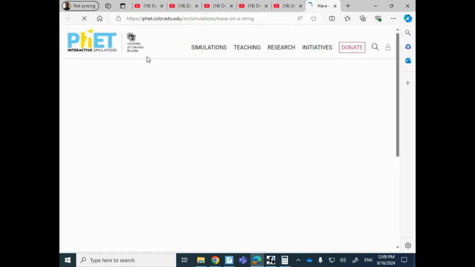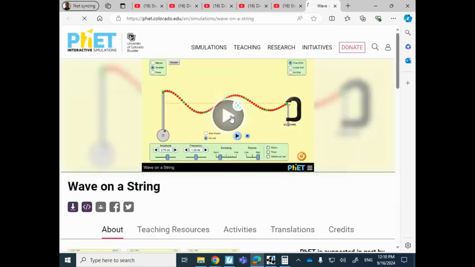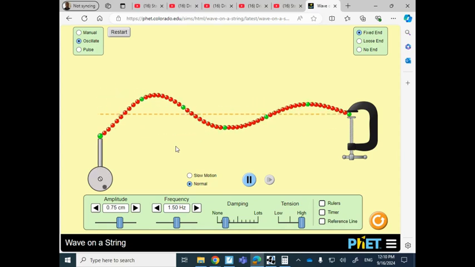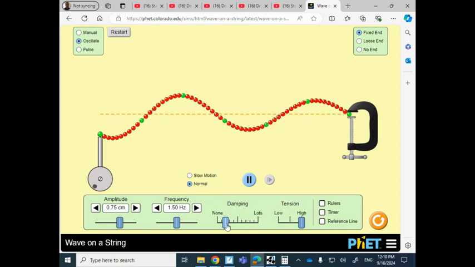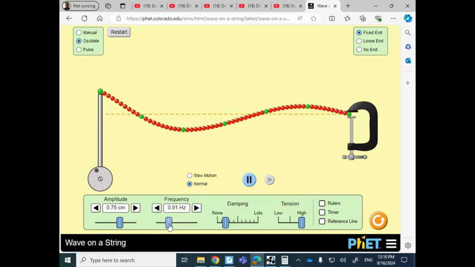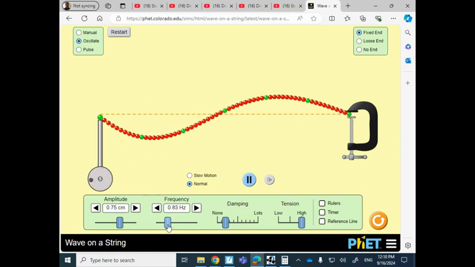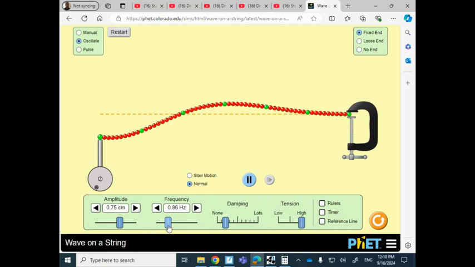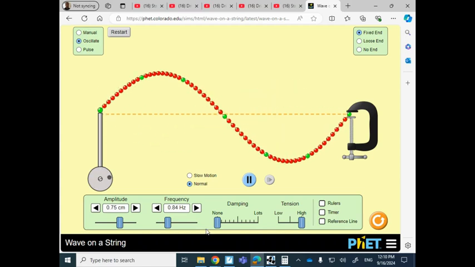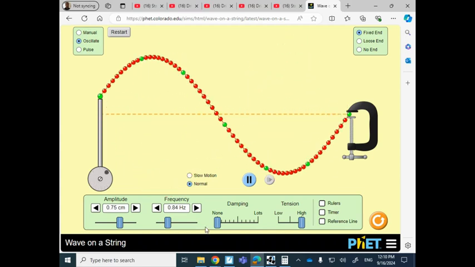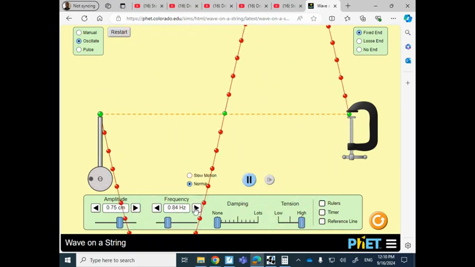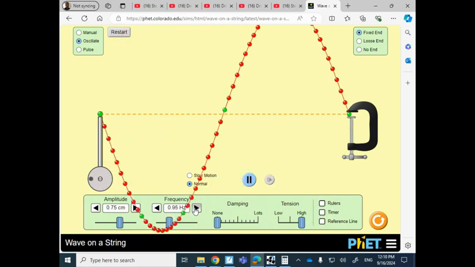This one's very much like the drill and the bungee cord, so you can play around with it and make this thing oscillate and see what kind of pattern shows up. They've got some damping here, which means some friction. I'm going to move this to 0.84. I was playing around with it earlier. 0.84 seemed to be one of the frequencies that might match the natural frequency well. So if I don't have any friction there, you can see it's really building up a lot of resonance. And then if I switch to 1 hertz,